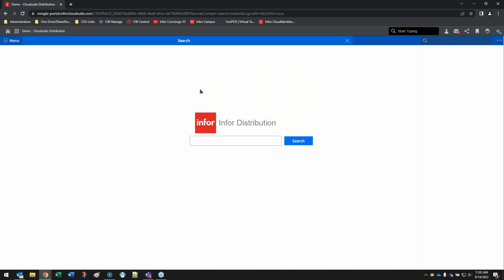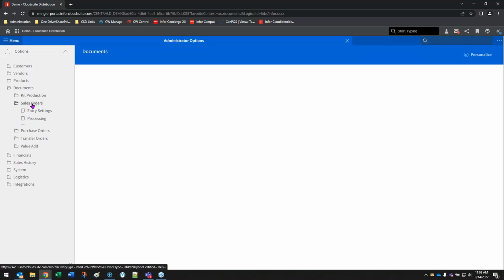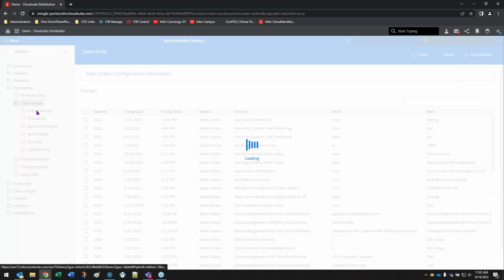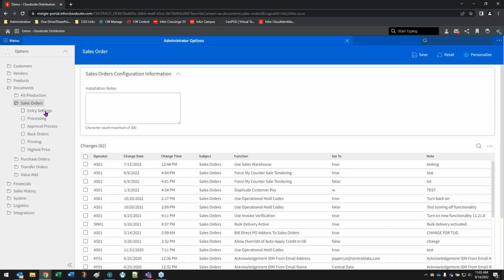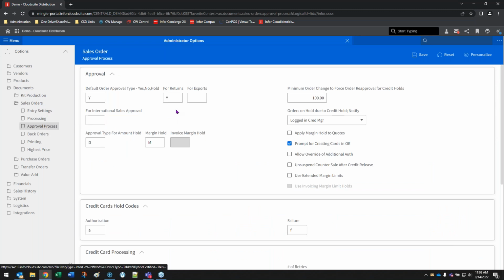And so, we have a few codes that are system defined, some here in the administrator options. If I go to documents and sales orders and entry settings, come on, work with me. There we go. Nope, sorry, approval process. I always get the wrong one. There's a few settings here of what we call system used hold codes that are hard coded into the functionality